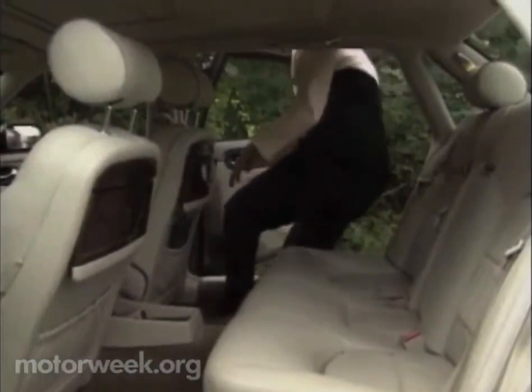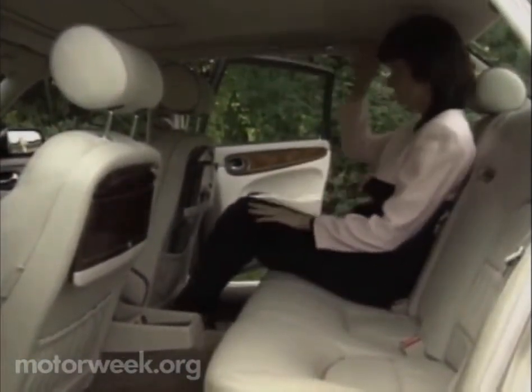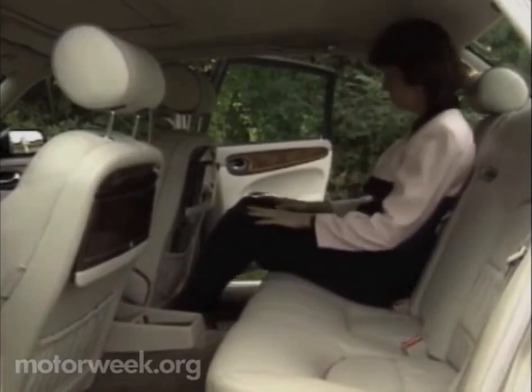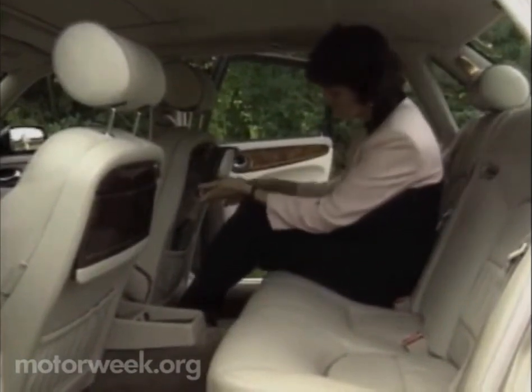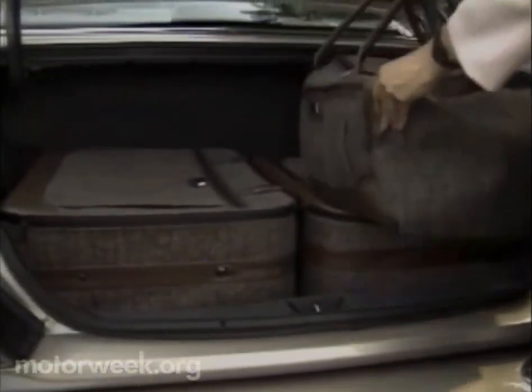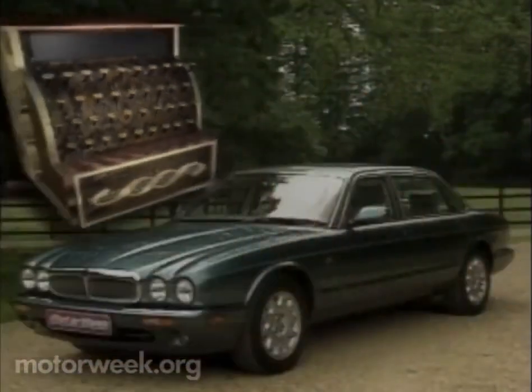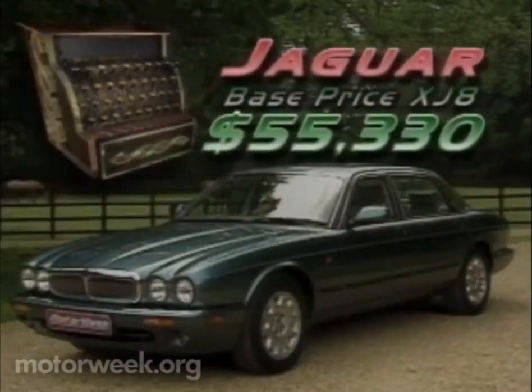After the front seat, the rear seat area is a place of calm and comfort. It's also quite spacious. Those that need a little more legroom can opt for the long wheelbase L or this Van den Plas model. Though all XJ models provide a healthy 12.7 cubic feet of trunk space. Expect a healthy price as well. The base price of the 1998 Jaguar XJ8 Sedan is